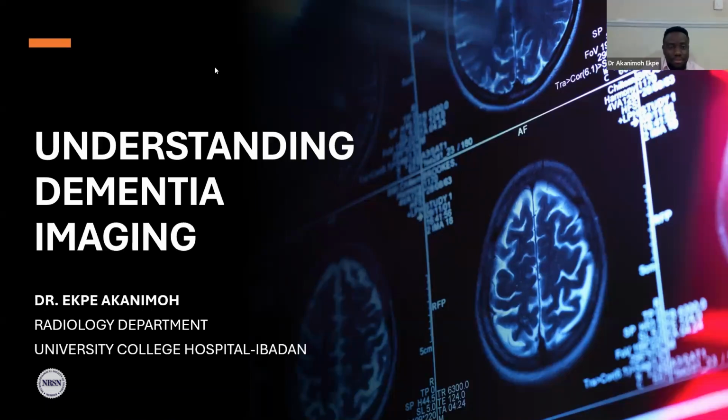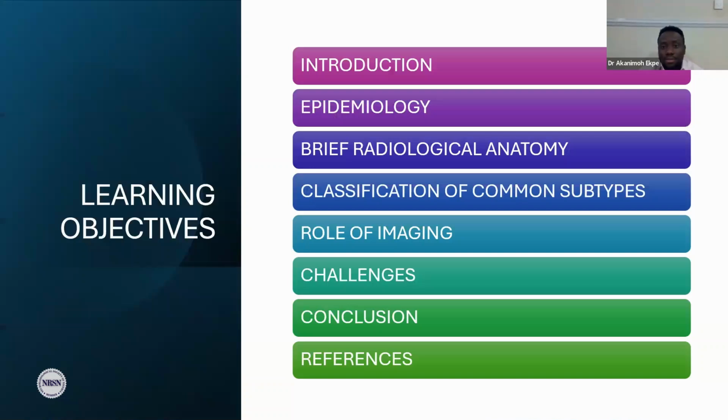So, starting by the two. What are the learning objectives for today? I'll introduce dementia, give an epidemiology, maybe brief radiological anatomy, classifications of the common subtypes, role of imaging, some challenges